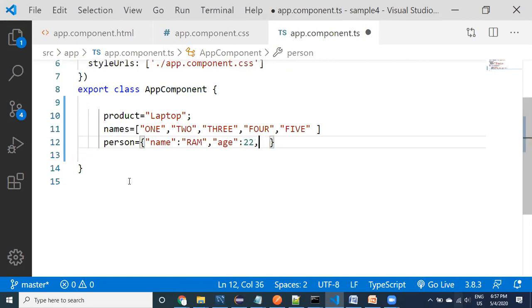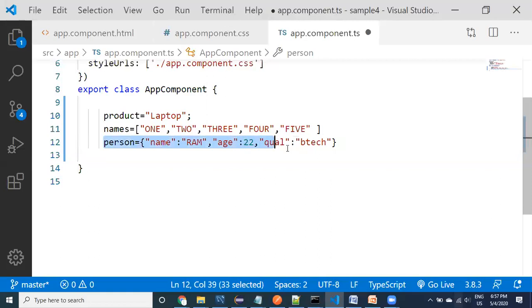This is the JSON I'm providing. And qualification, BTech. So let us look at it, guys.